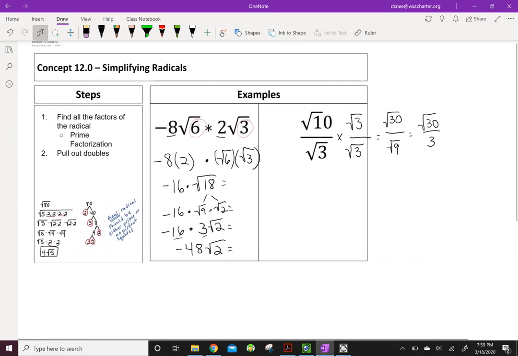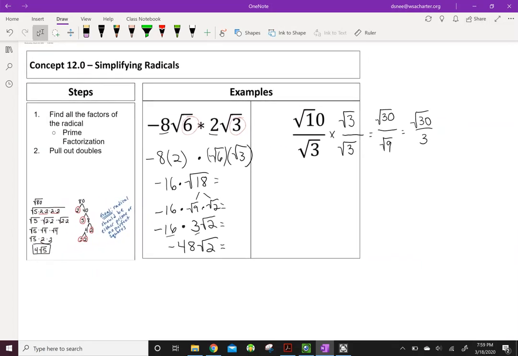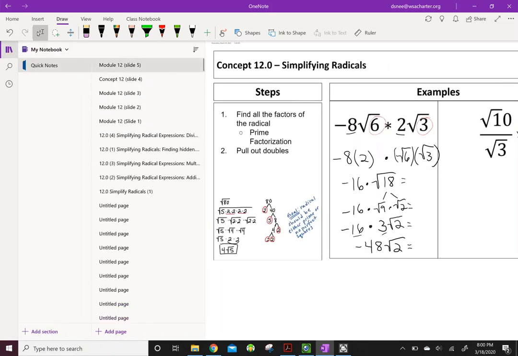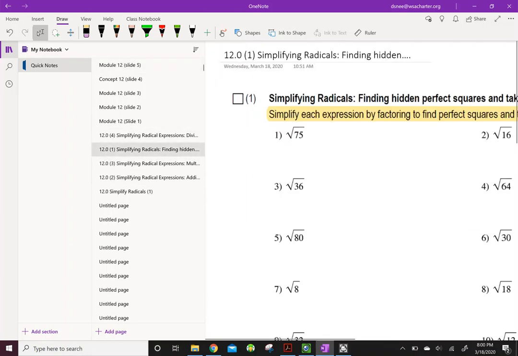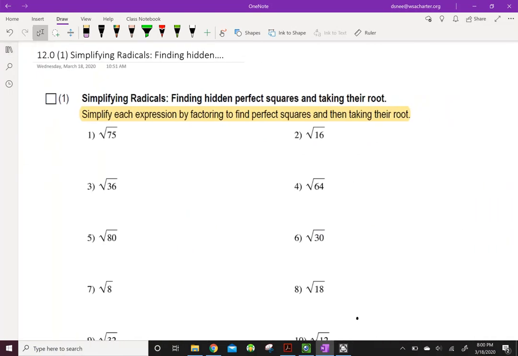That's simplifying radicals. And that is all we're going to do in those class notes today. What you should be doing now is keeping that in front of you, because you're going to use those notes to help you through the classwork and the homework. And I'm going to work out a couple examples of